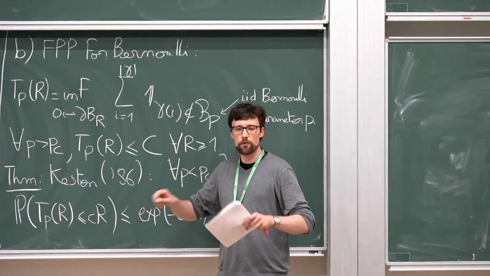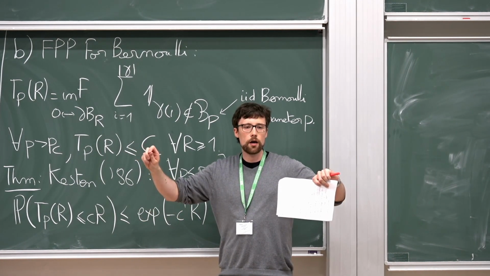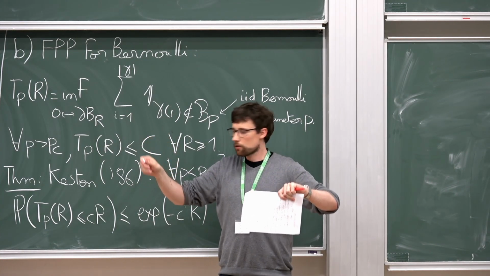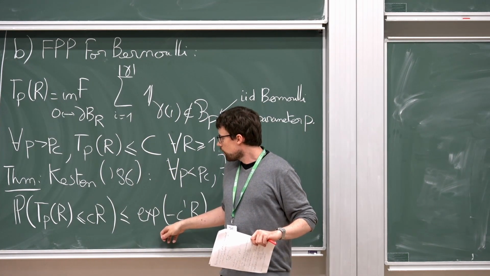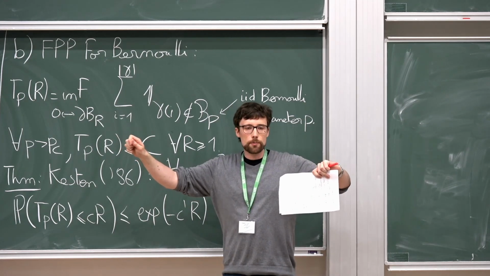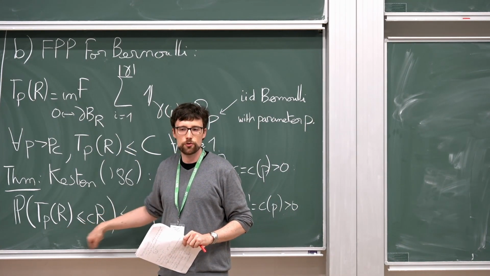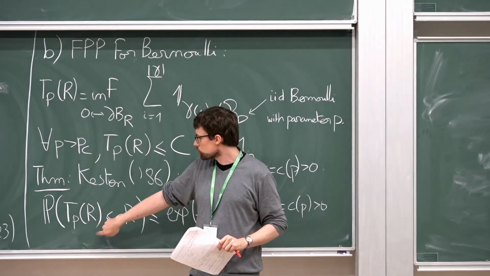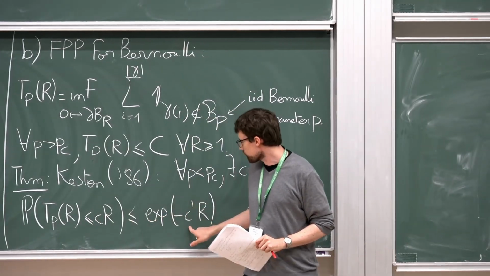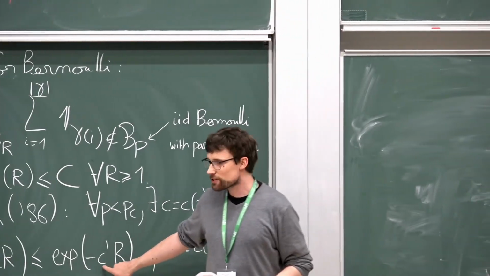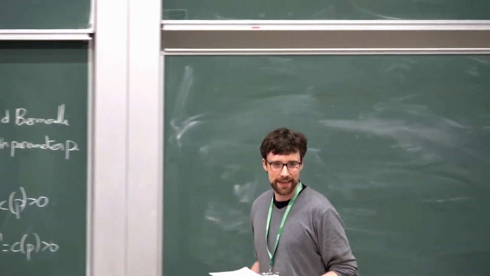If you fix a path from 0 to R and just open all your vertices, this will cost you an exponential in R. And then if you have opened a path, your first passage percolation is just equal to 0. So this gives you an easy exponential lower bound. So this is actually sharp, up to constant. And the question is, what are these constants? That's a $1 million question, but that's another question.